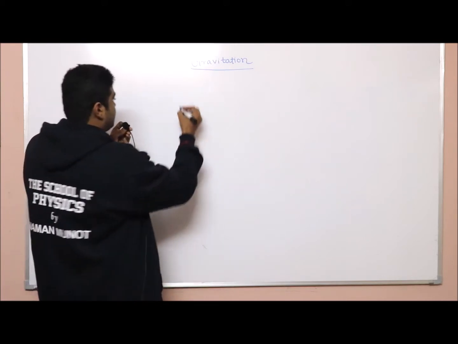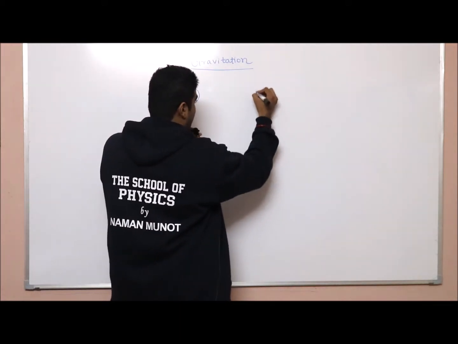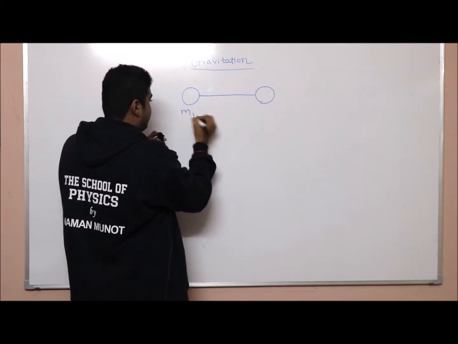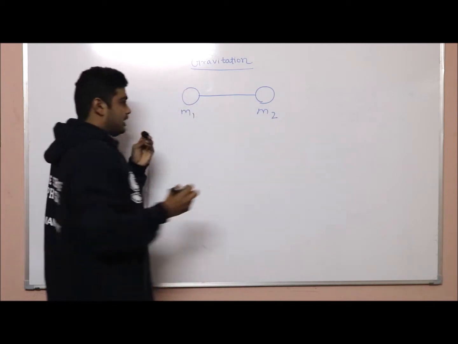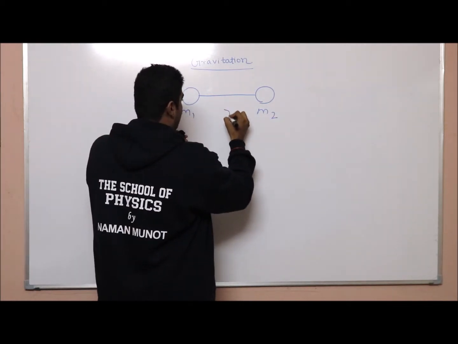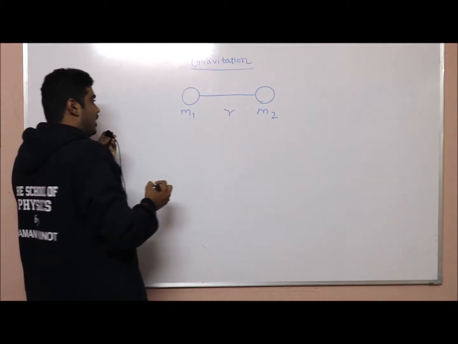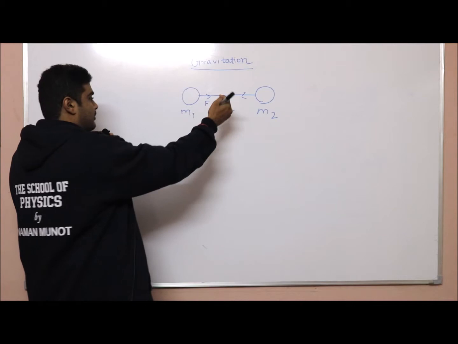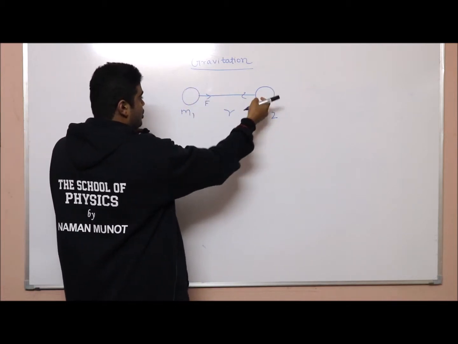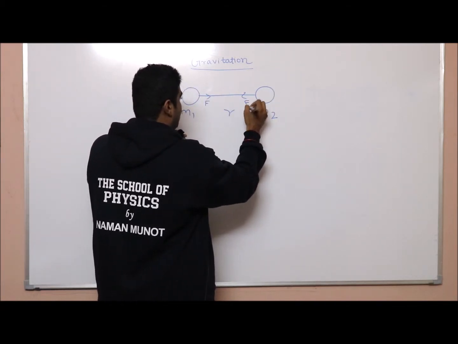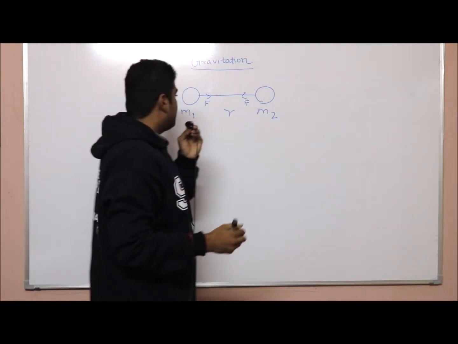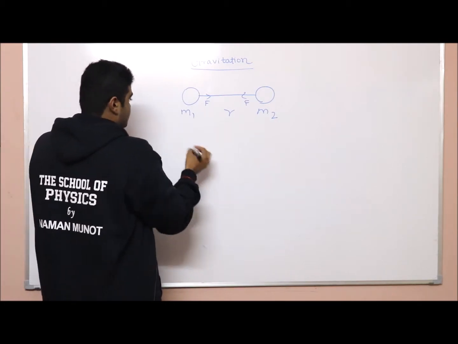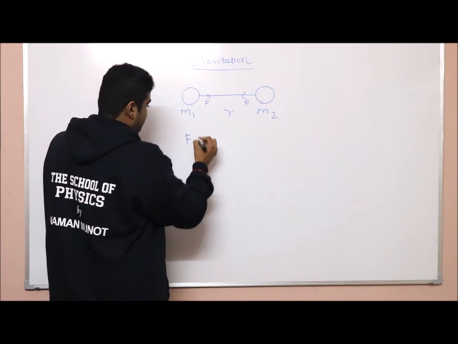In gravitation, first of all, let me tell you what a gravitational force is. So these are the two masses, m1 and m2, and they are at a distance of r. So what is the force of gravitation? It applies some form of force. This mass applies force on mass m2 and mass m2 applies force on mass m1, and both of these forces are equal. So the formula for this force is